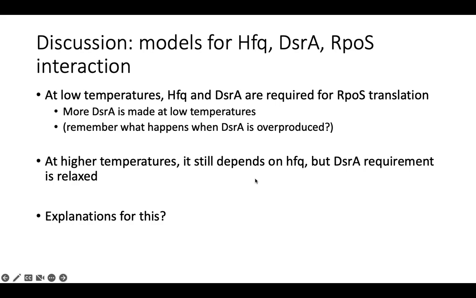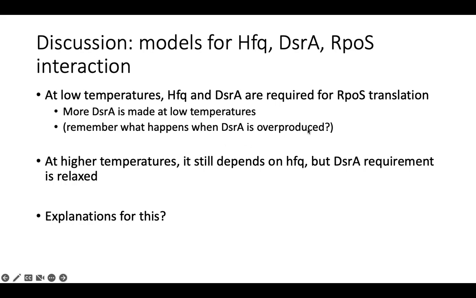So with that in mind, we've got some theories about how all these things go together. But let's just go into some background information you're going to need. At low temperatures, HFQ and DsrA are both required for rpoS translation. We also know that more DsrA is made at low temperatures. And remember, when DsrA is overproduced, we get that stem loop 2 function, where we promote the formation of a